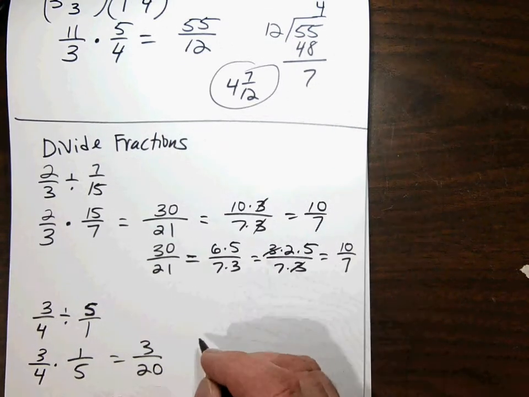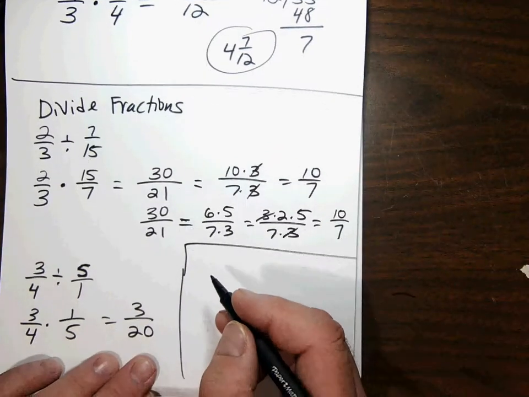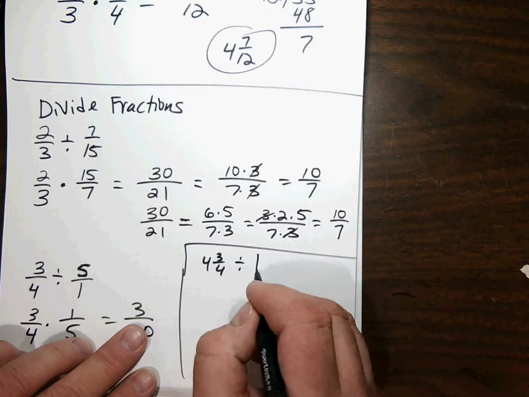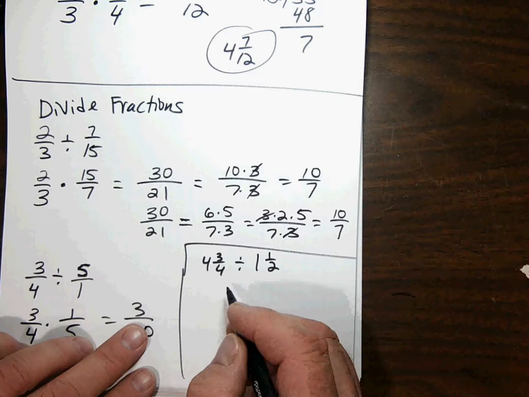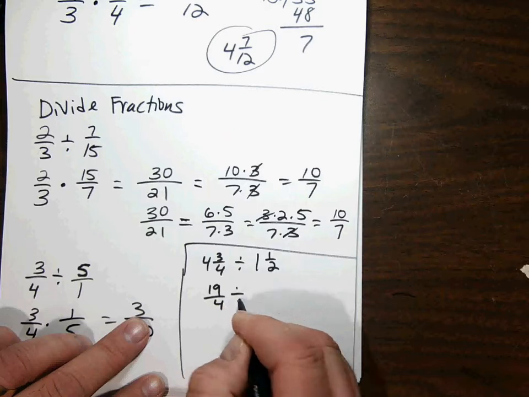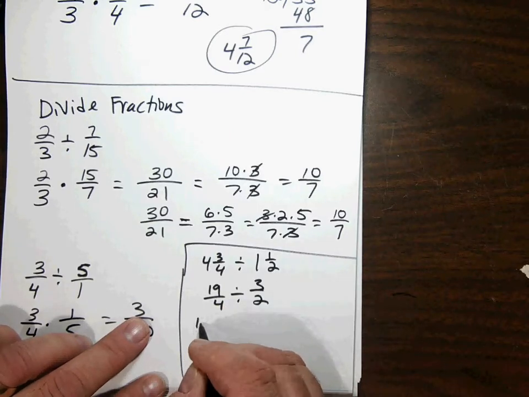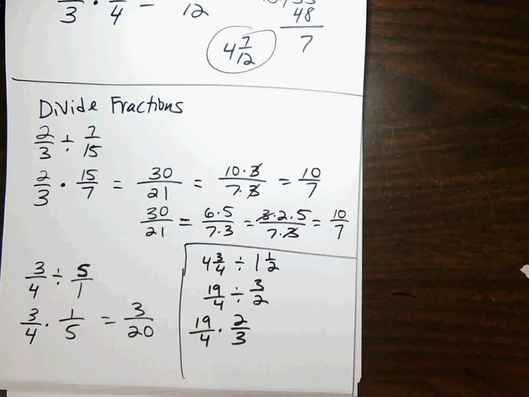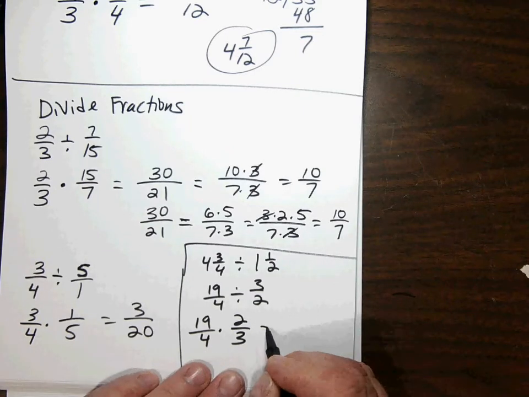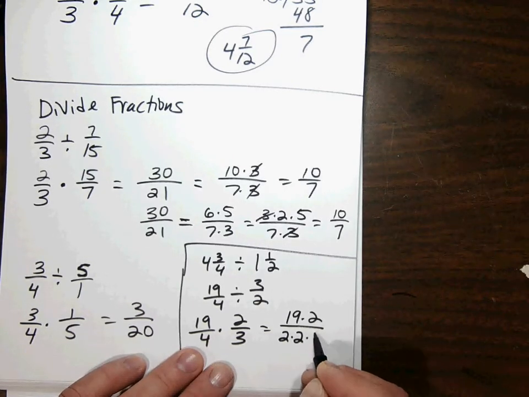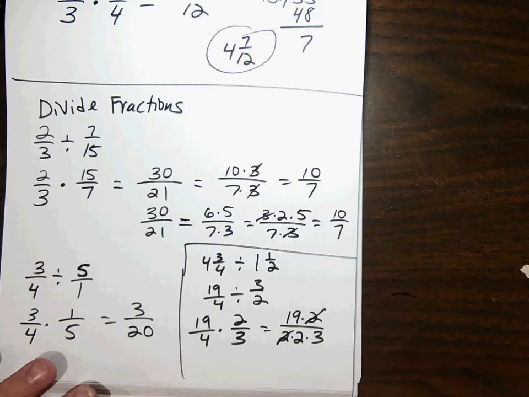Mixed numbers. Okay, squeeze that onto this page. 4 3/4 divided by 1 1/2. Okay, turn them into improper fractions. There's really no shortcut. So that'd be 19/4 divided by 3/2, which is 19/4 times 2/3. Okay, and I can see some canceling there, can't you? I know there's a 2 hidden inside my 4. So I'm just going to leave that 19 times 2, and I'm going to call that 2 times 2 is 4 times 3,